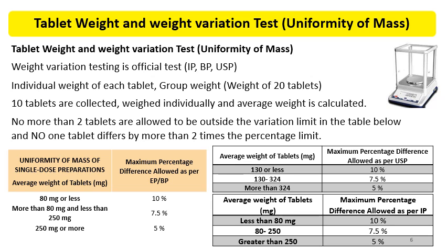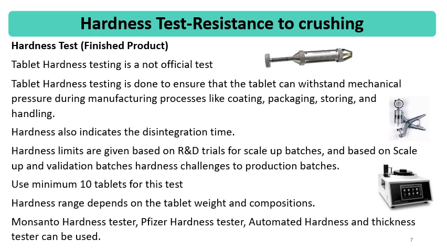If the tablets are outside the range specified, then the weight variation test fails. Then hardness, it is also called resistance to crushing, and mainly in the European Union, this hardness is known as resistance to crushing. So tablet hardness is not an official test, and it depends on the product, and this is the test which ensures that the tablet can withstand the mechanical pressure during manufacturing processes like coating, packaging,